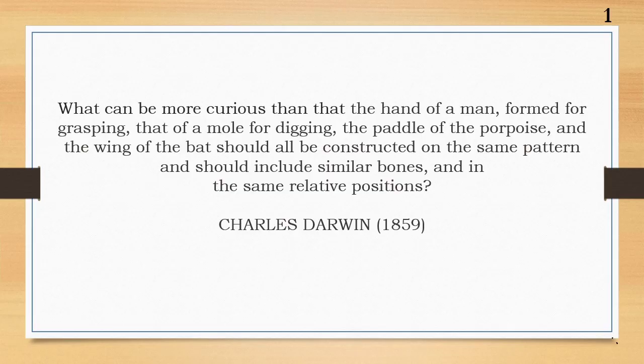Let's begin with this statement given by Charles Darwin in 1859. He wanted to say: what can be more curious than knowing that in spite of having similar bone pattern and the same relative position of their limbs, all the tetrapods perform different functions with their limb? For example, man uses it for grasping and holding. Moles use them for digging. Porpoises, which are water mammals, use them as paddles, and bats, whose limbs are modified as wings, use them